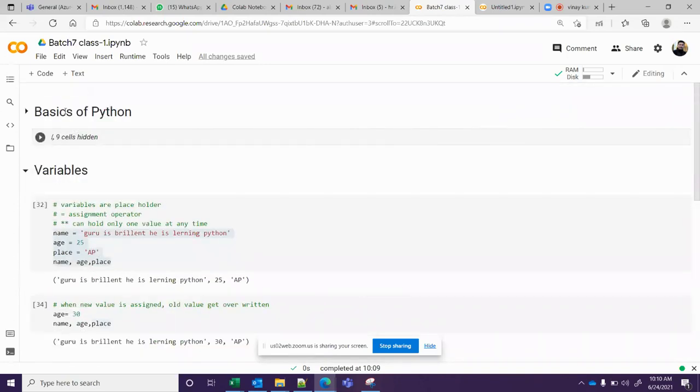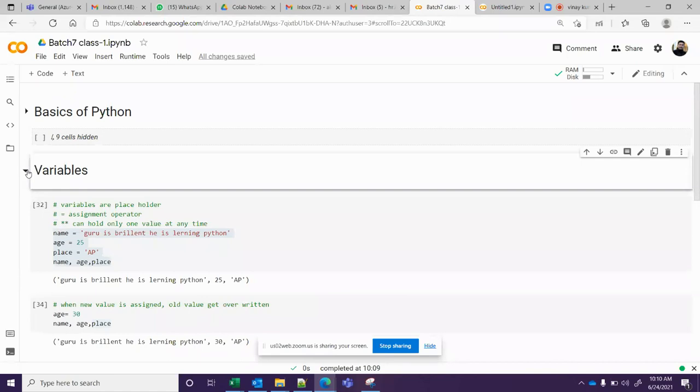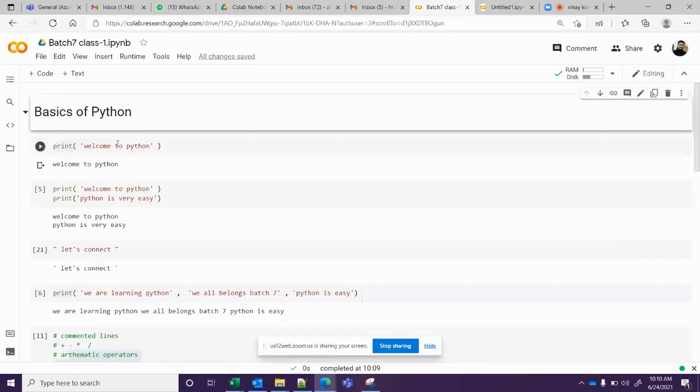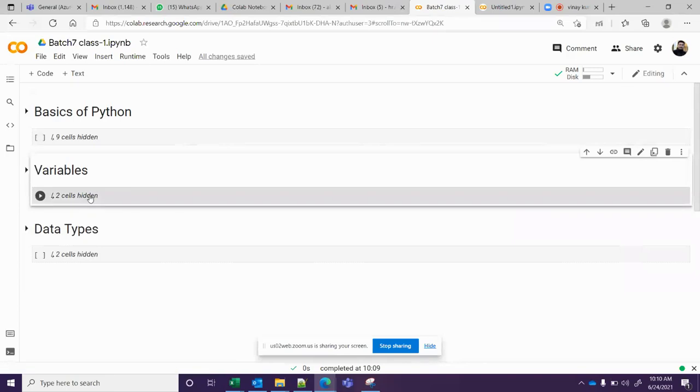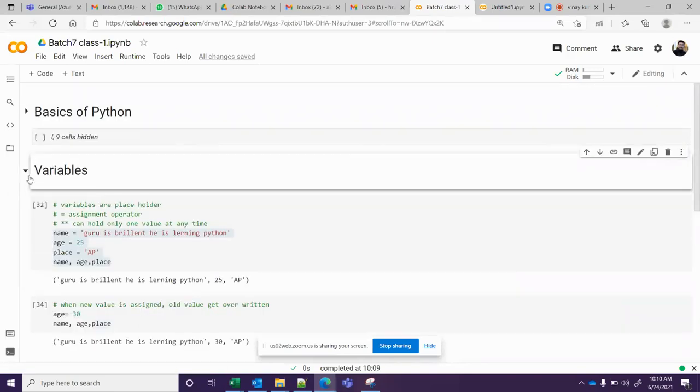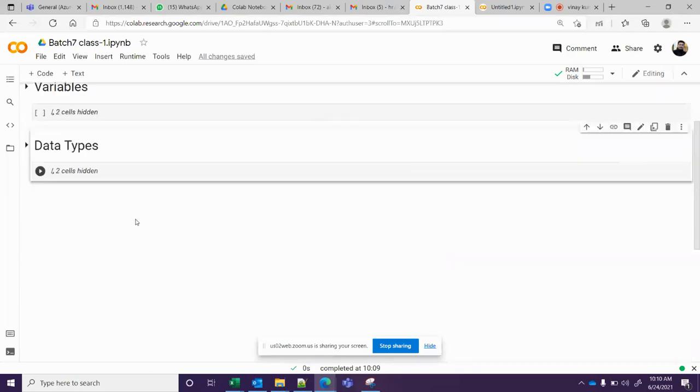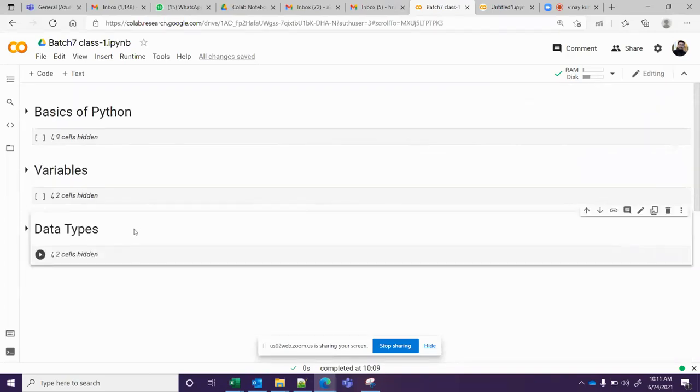Let's see if there is anything you wanted to understand. See, the notes are coming very nicely. Whenever you want to read a particular section, go and click that section. The section will open. After reading, close it. Go to the next section, open and read it. That's it. Concepts are clear?